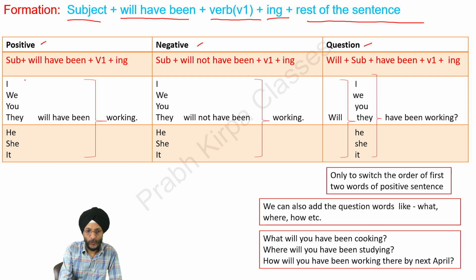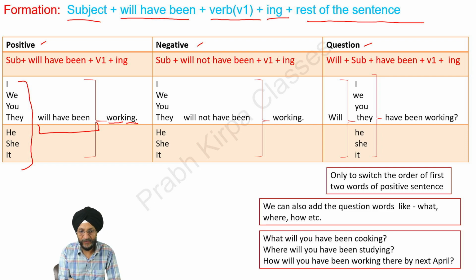So, as already told, in positive, subject I, we, you, they, he, she, it is followed by will have been. Then comes first form of the verb. Then we add ing. I will have been working. You will have been working. If we talk about the negative formation, subject is followed by will plus not plus have